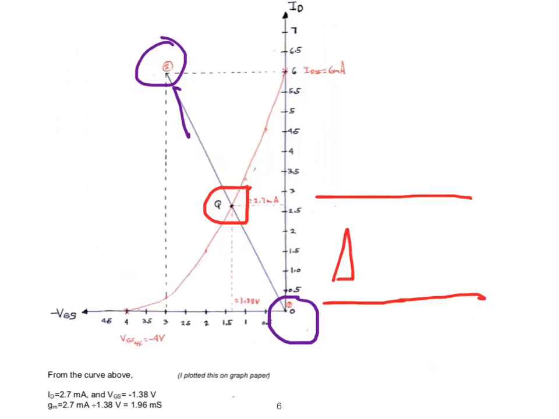So this is going to be the change in drain current, which in this case is going to be about 2.7, and from here to the 0, this is going to be the change in gate to source voltage, which is about 1.38, sorry. And anyway, so then we throw it into the equation,